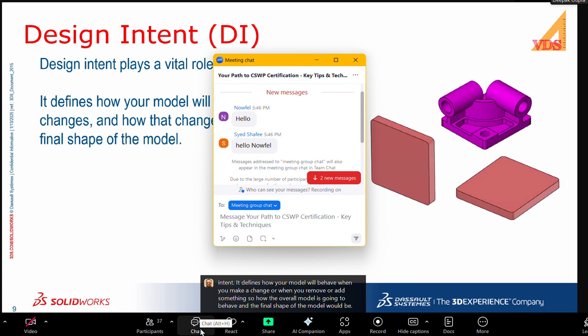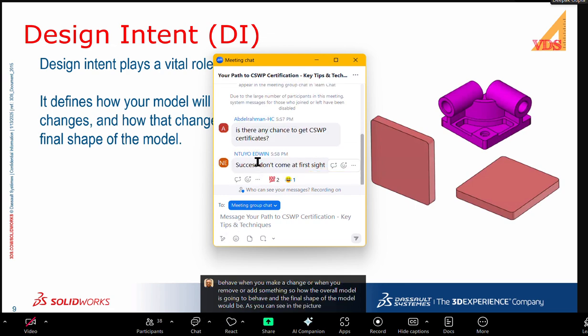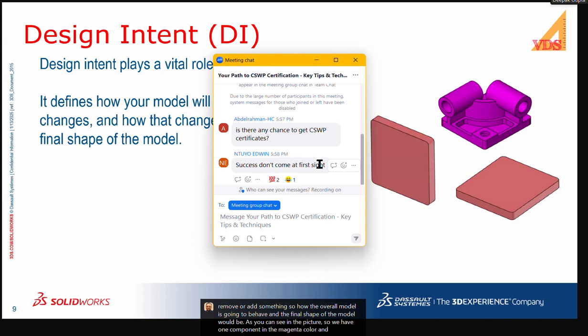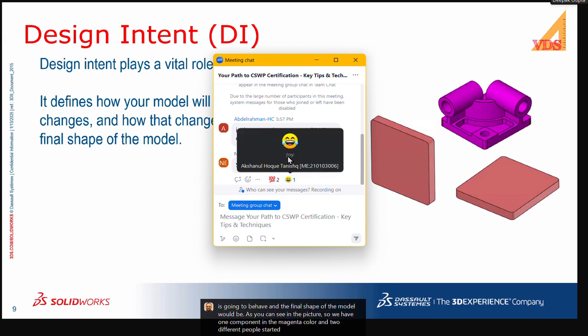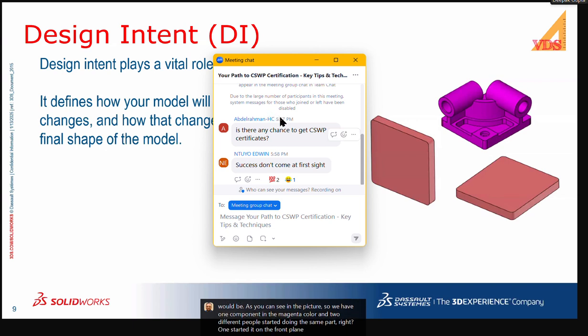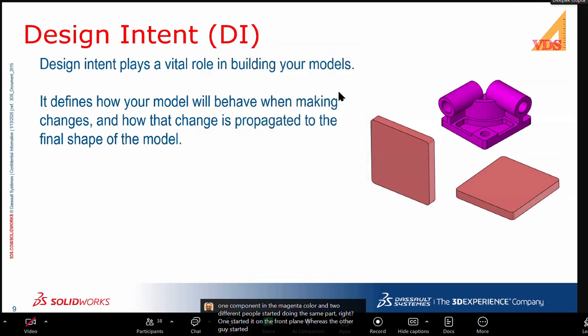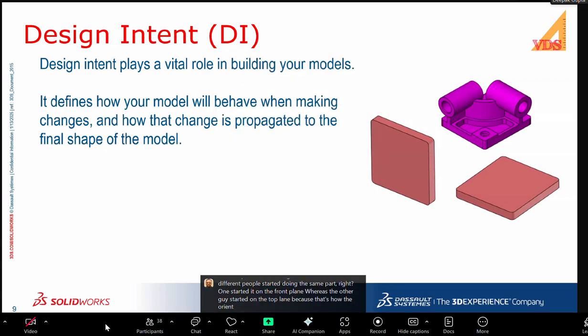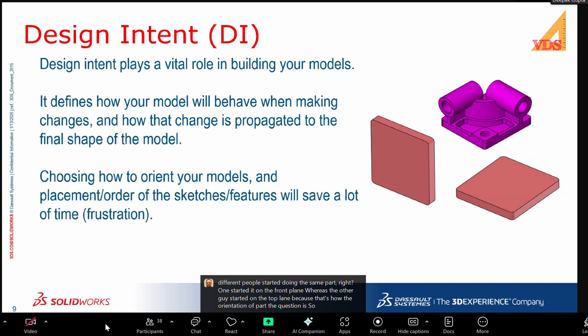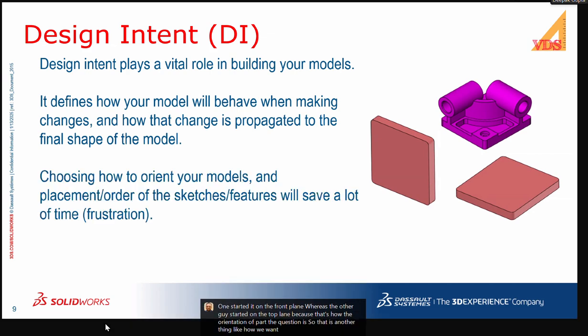As you can see in the picture, we have one component in the magenta color, and two different people started doing the same part. One started on the front plane, whereas the other guy started on the top plane, because that's how the orientation of the part in the question is. So that is another thing, how we want to orient our model. With the right selection of the orientation, like on which plane we want to start our model, or how we want to order our features, it will not only save a lot of time, but it will also save a lot of frustration,